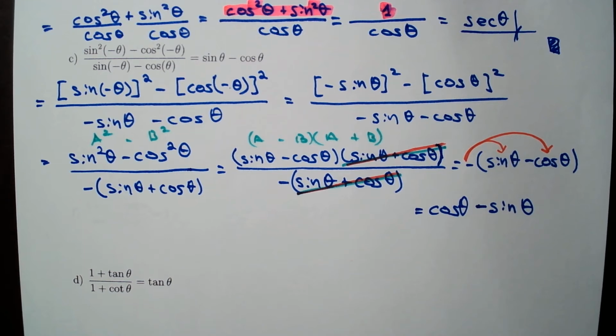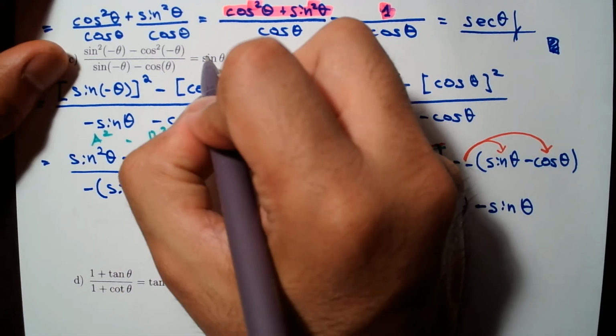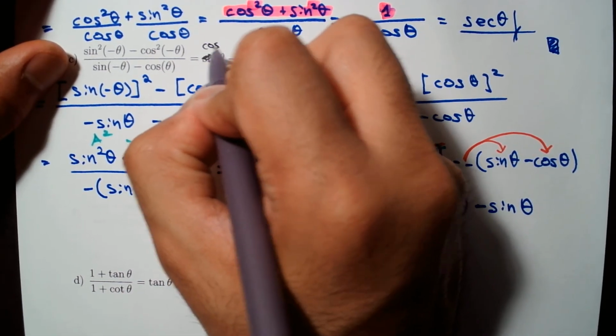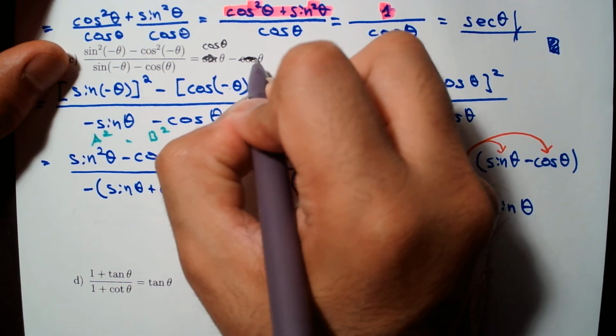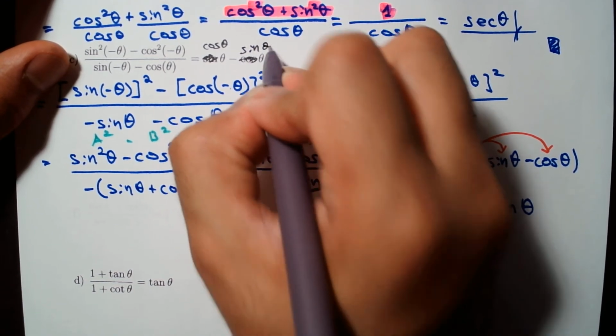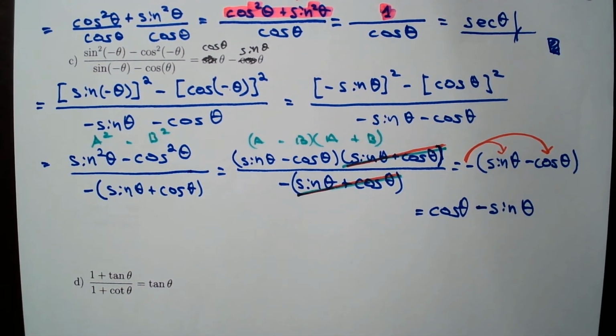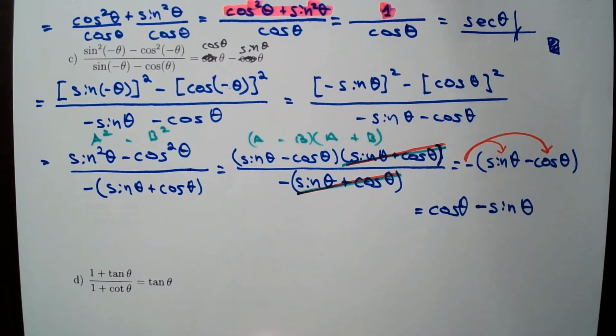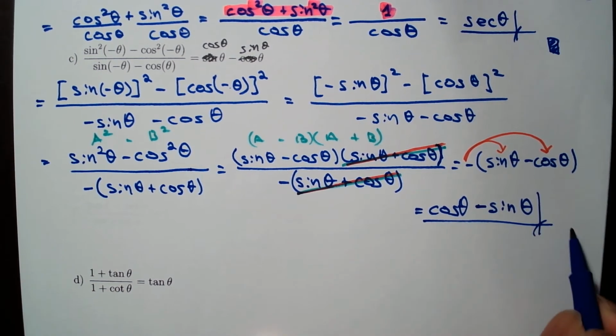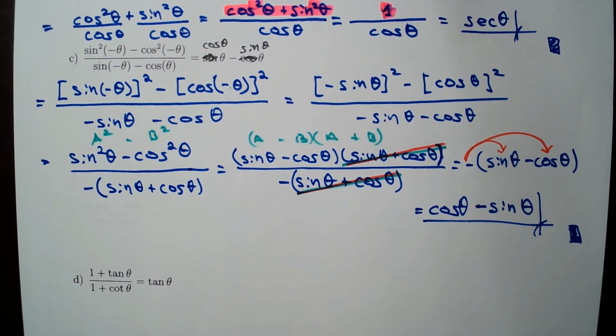Actually, in your PDF file, it's going to be updated. But this one was supposed to be cosine theta, and this one was supposed to be sine theta. Your PDF file is updated. In this video I just made that silly typo. And indeed, that's what we wanted to show. Alright, so